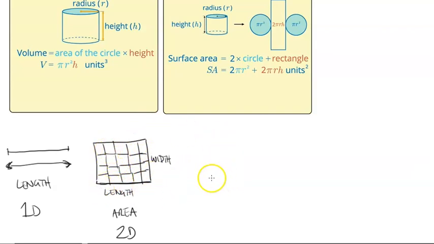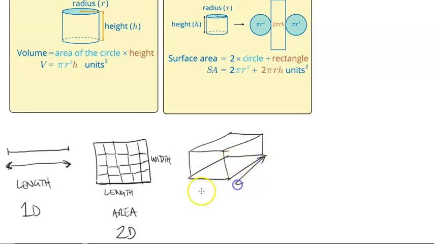And then extending on this, when you have a length and a width, and you add another dimension to this, like this, and you get a rectangular prism. This has a length, this has a width, and this has a height. So this is length, this is width, and this is height. And what you're looking for is how many